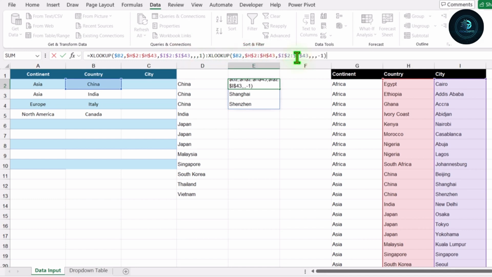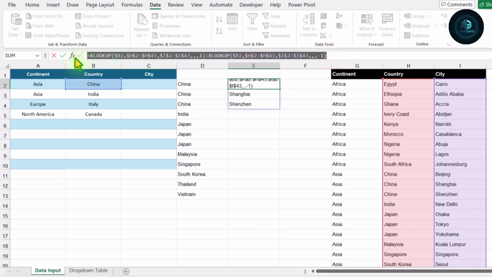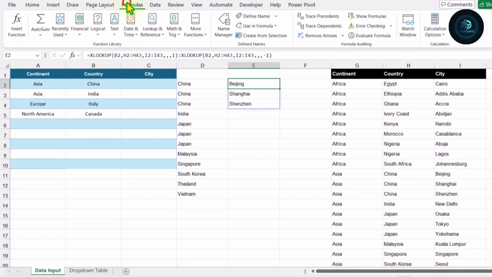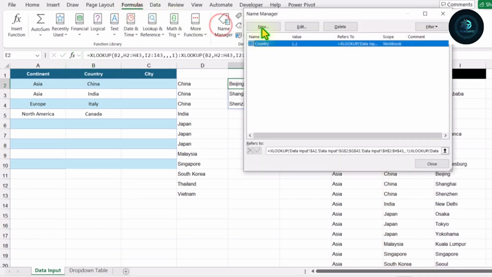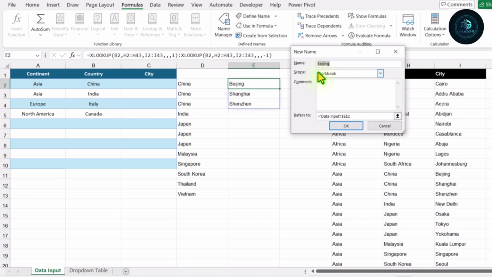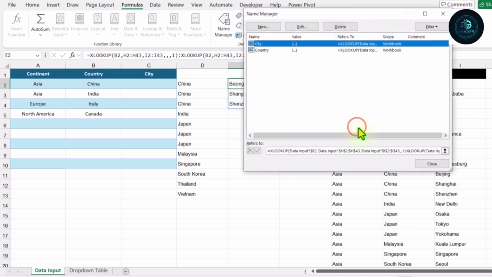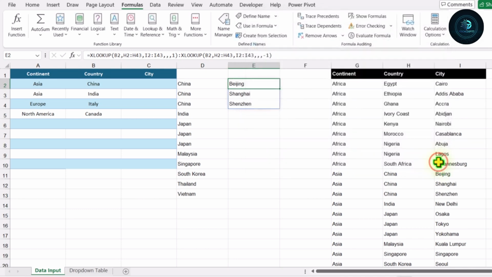And now our formula is ready for name range. Simply copy the whole formula, hit Ctrl C, click on formula bar, name manager, define a new name. In this case, I will define city, remove everything here, hit Ctrl V, hit OK. And simply close this window.